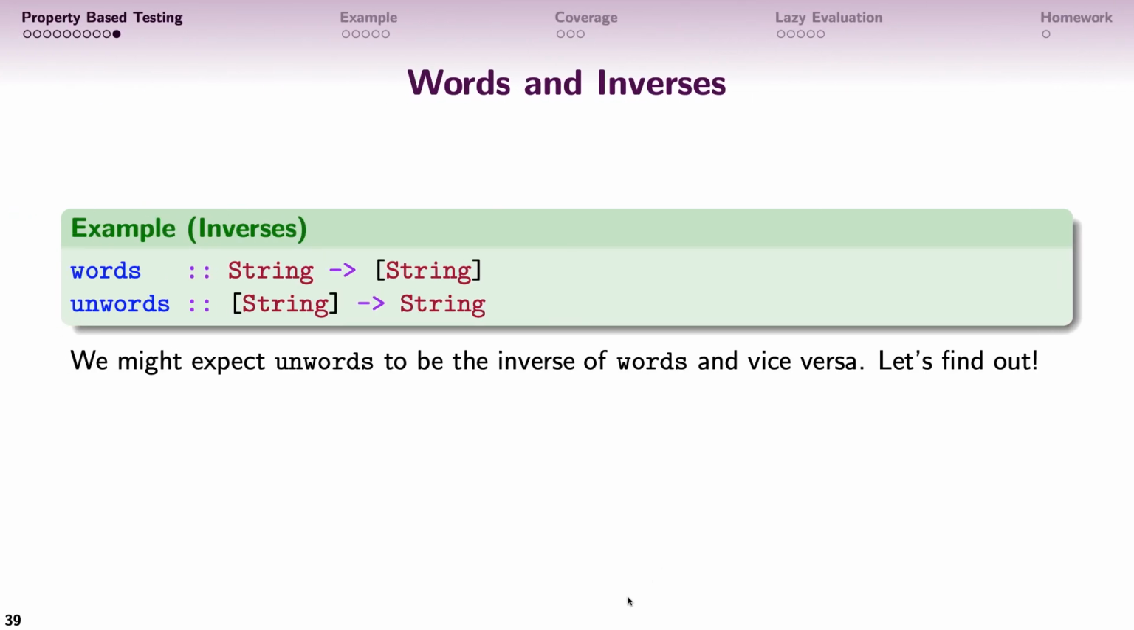So yes, words and unwords turn out not to be precisely inverses of each other. So properties aren't always what we expect. But QuickCheck can be useful to discover properties like this. We can test them out and see how they go. Okay,